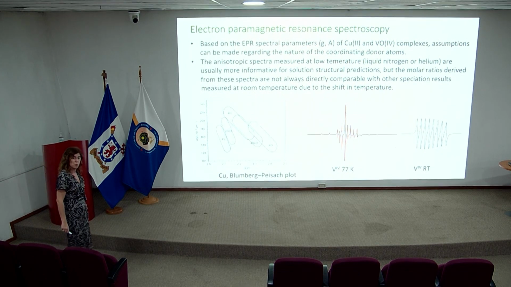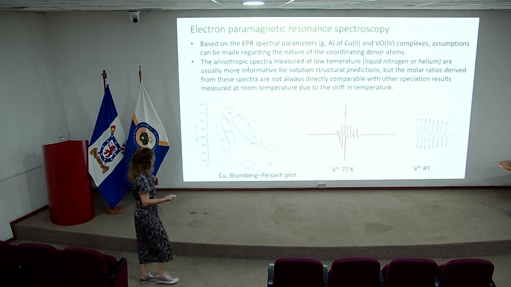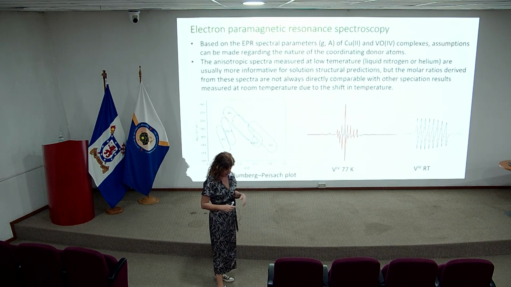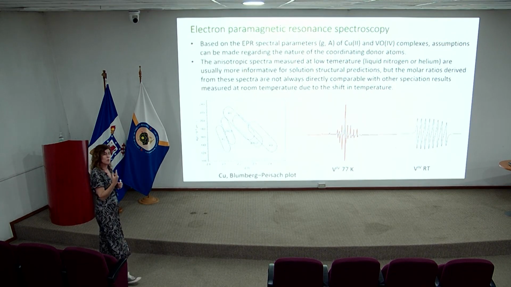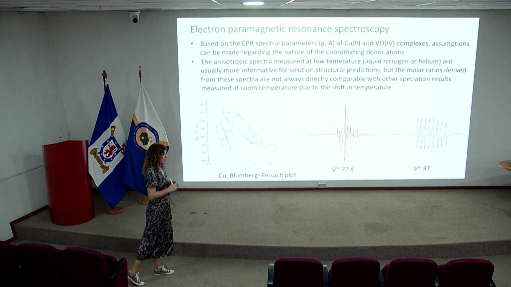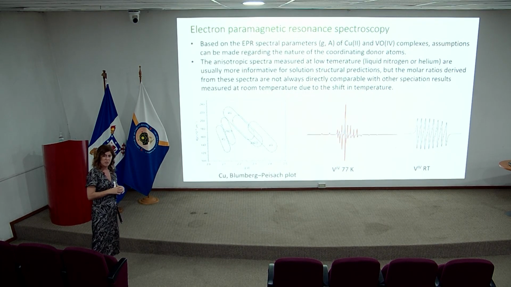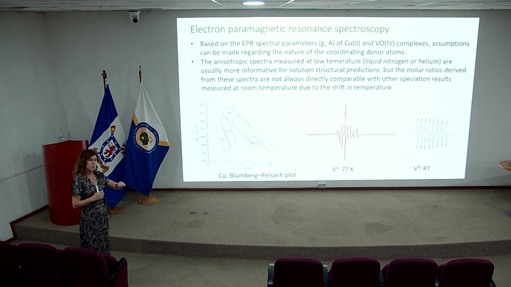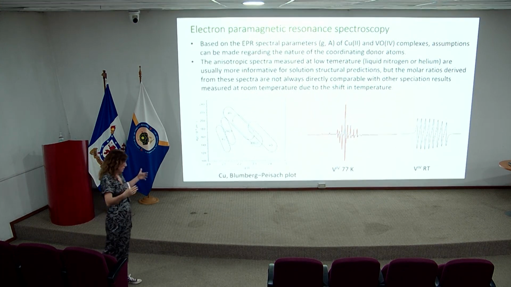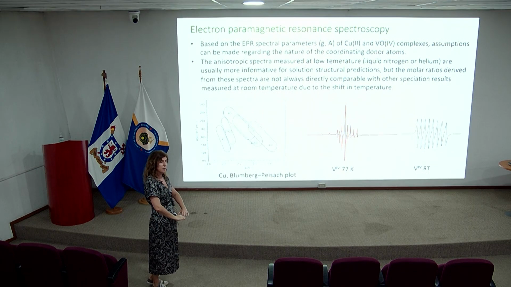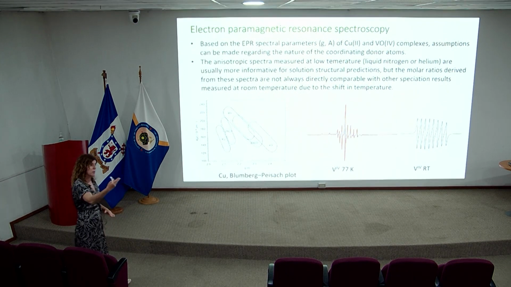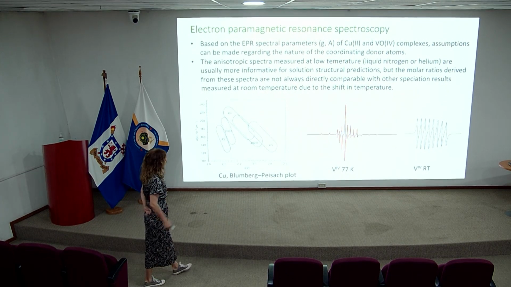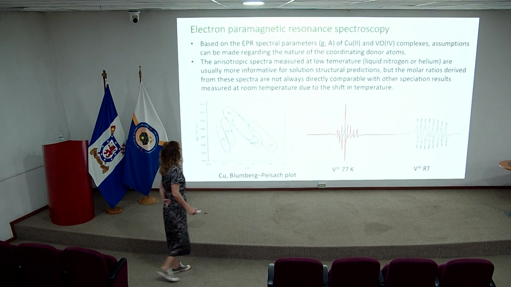So many times we need to measure at low temperature, particularly also because we are speaking about a change of spin. That's what happens in EPR. The spin of the electron goes from -1/2 to 1/2. And at room temperature, the population of atoms with spin 1/2 and spin -1/2 will be very similar. So the probability for the transition is low. If we decrease the temperature, most of the spins will be in one of the spin states, and we increase the number of molecules that will have this spin transition.